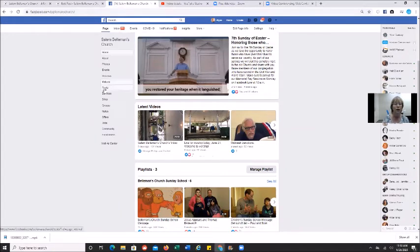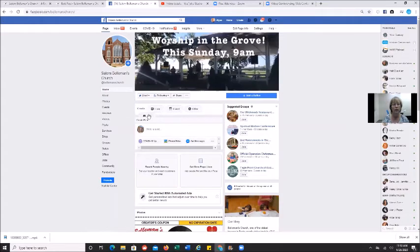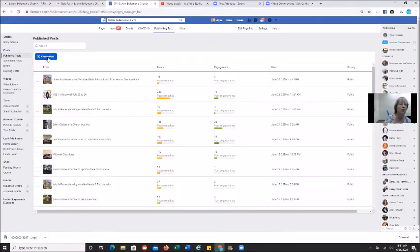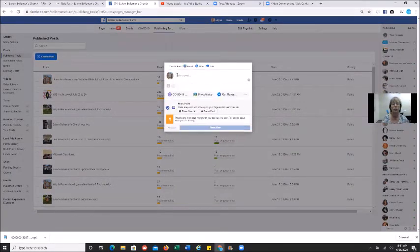If you're on here, it says create a post. Don't create posts here if you're planning to make them premium or doing anything but just putting them up, because it just doesn't give you enough control. You want to go up to the top where it says more, and you want to go to the publishing tools. You're going to create a post,